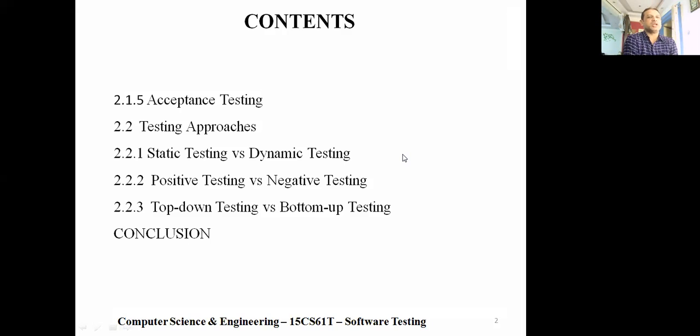Yes, next, what is bottom-up testing? Bottom-up testing is done from the bottom of the hierarchy. Dummy routines called drivers are introduced that invoke a module.